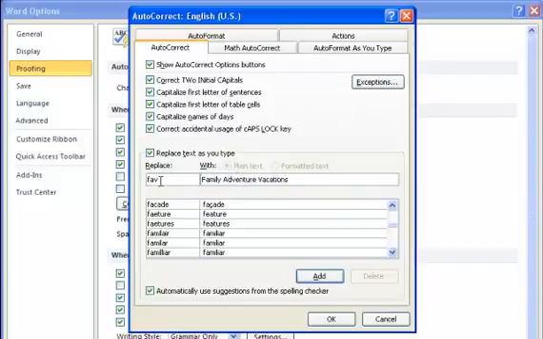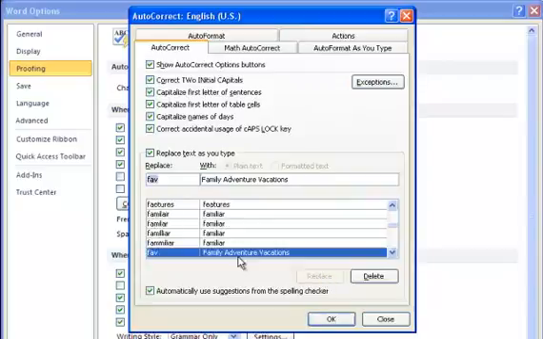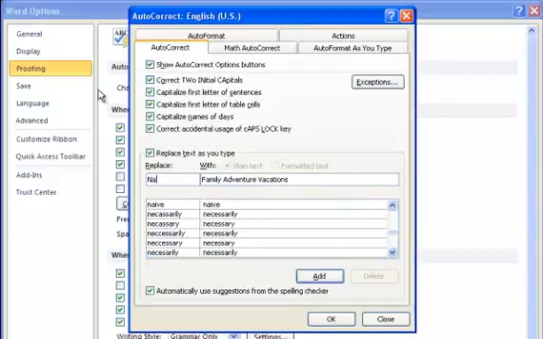And then once you type in replace, as soon as we type in FAV, then it's going to replace it with Family Adventure Vacations. I'm going to click on Add, so that adds it to the list. We also want to add NA, and we want to have the computer replace that with Nambia,